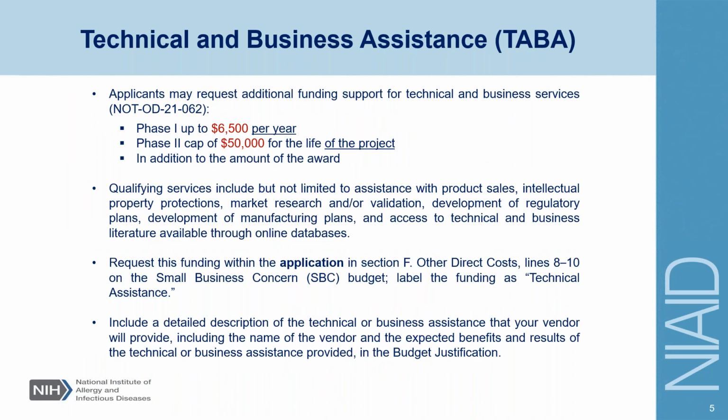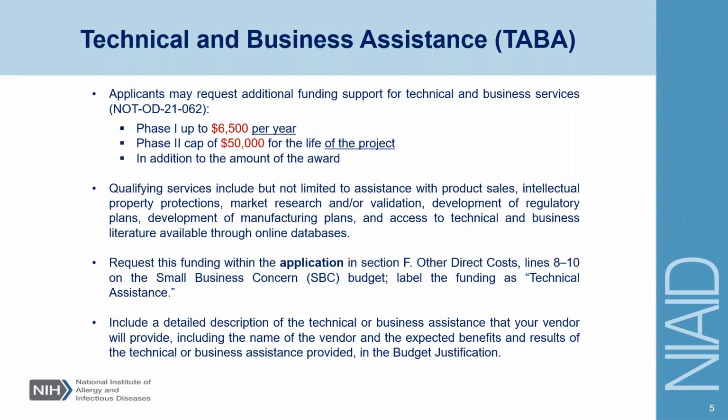Based on our past feedback from participants in the Applicant Assistance Program, besides the proposal development assistance provided through AAP, there is also need for technical and business assistance that are not covered by AAP. So to satisfy these unmet needs, applicants may request additional TABA funding for technical and business assistance within your application. And you can review more details on this opportunity at